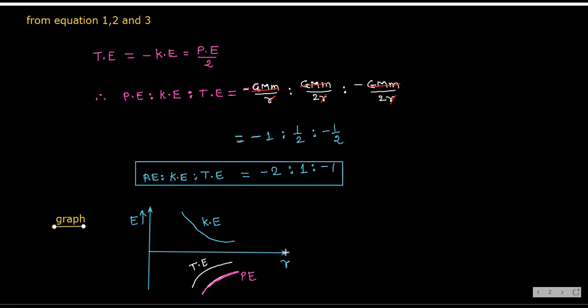Next, potential energy and total energy, if you see, they are in the negative region. So they are going towards zero, we can say. That means they are increasing. Yes or no? So if you see these curves, this is for total energy, this is for potential energy, and this is for kinetic energy. So this is going to decrease, and these will increase, because they are negative values. So pause the video and note down.